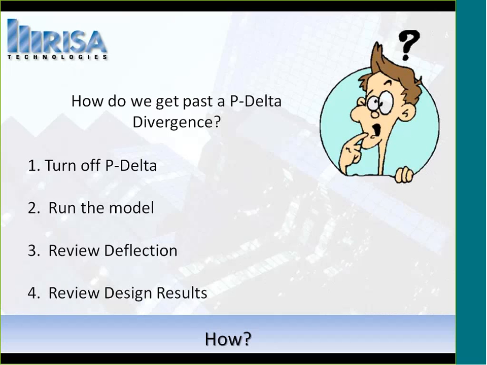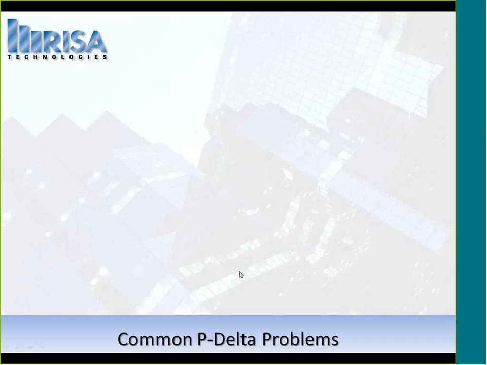And then really design results is another piece of that. So these two work together. Sometimes you'll review both, and sometimes the one might not give you enough information and the other will. So these two items, the deflection and the design results, are really where you're going to be getting most of your information. Possible problems: the most common P-Delta problems that we run into are going to be, as we go,